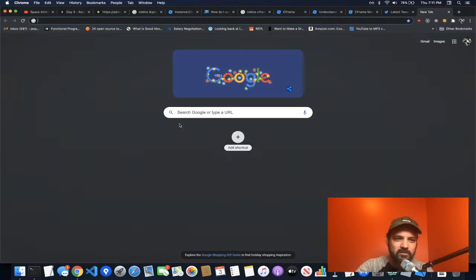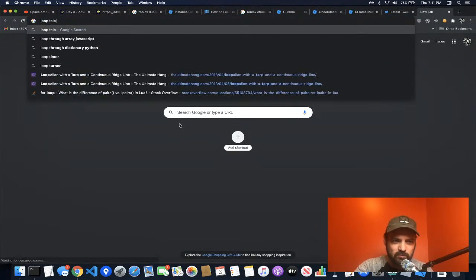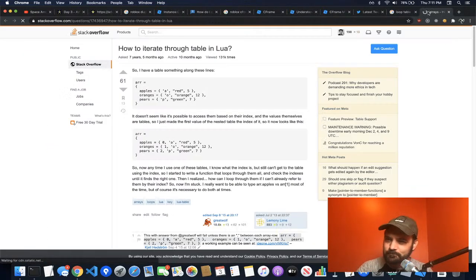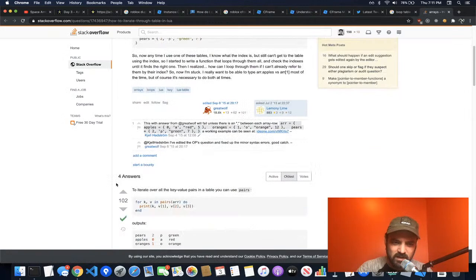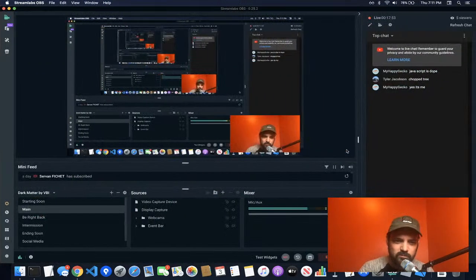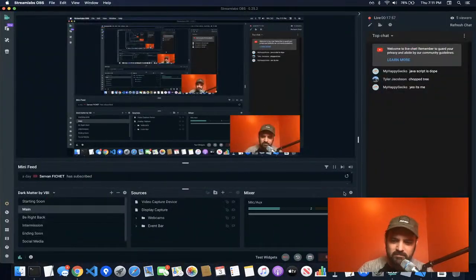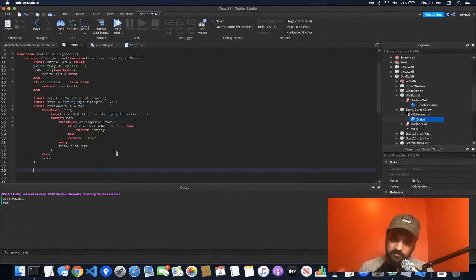But I always get pairs and ipairs confused. Loop, table, Lua. Is it ipairs or pairs? I think it's ipairs for key value. Okay, so we'll do a for loop for now. If you're a functional programmer, don't judge me, because I'm so sick and tired of using reduce for all this stuff. So